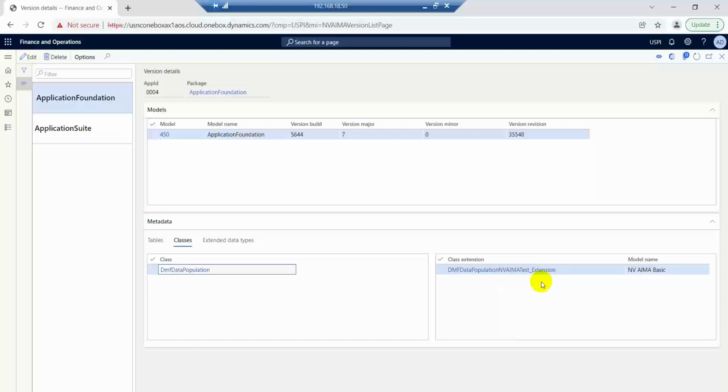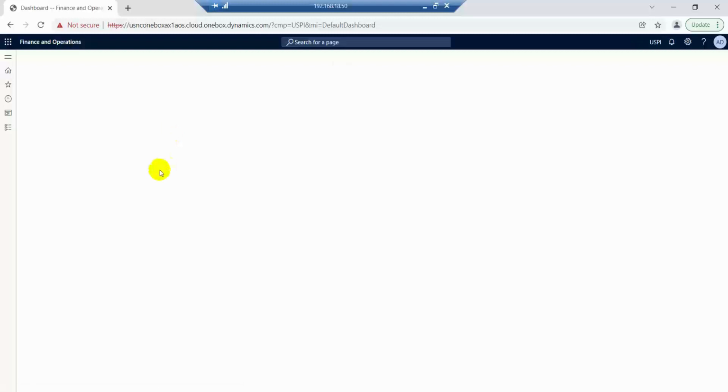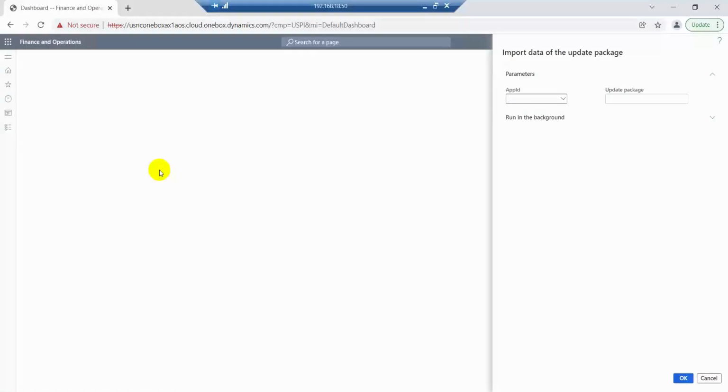So actually, in order to show how our solution works, I've prepared a couple of check-ins that we can use for our demo purposes. So when we have information regarding our current application, we need to import an update package. For this purpose, we have a periodic task in our solution. Let's open this operation. So actually, the update package